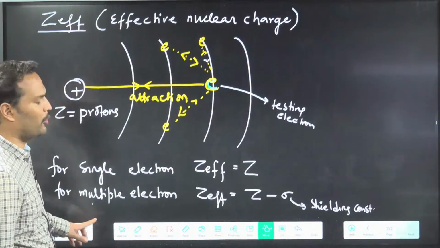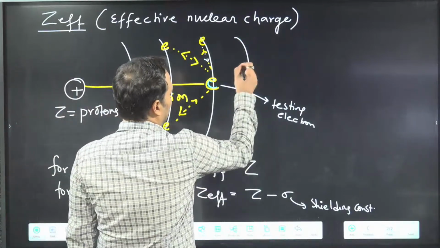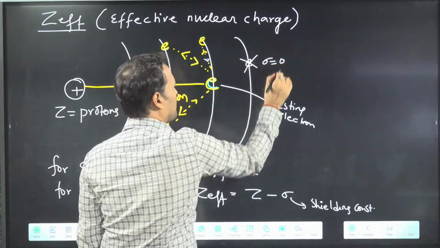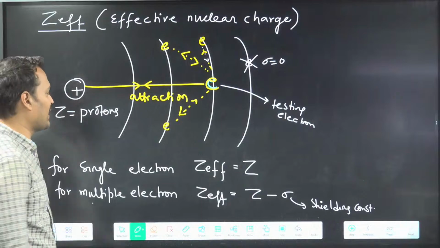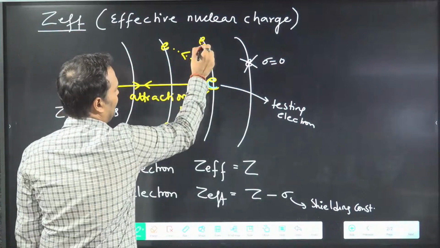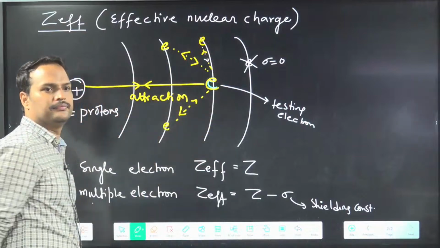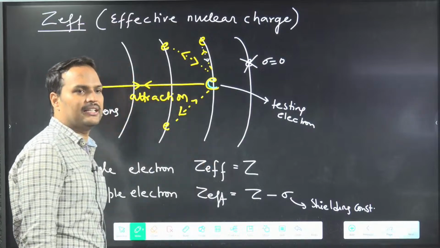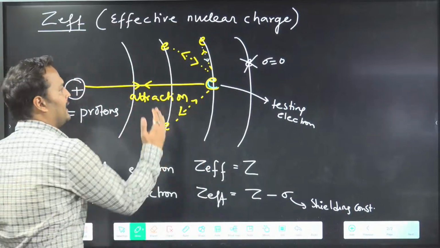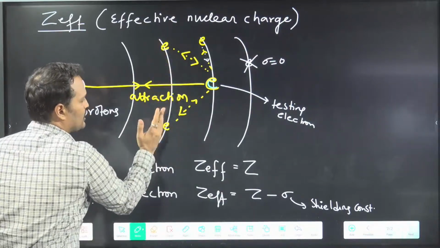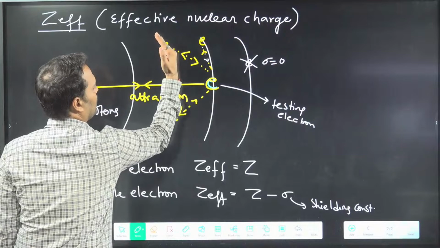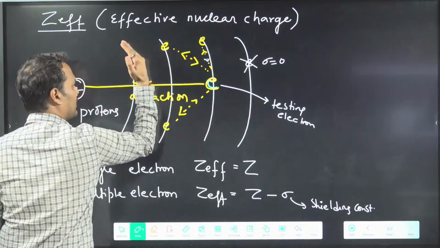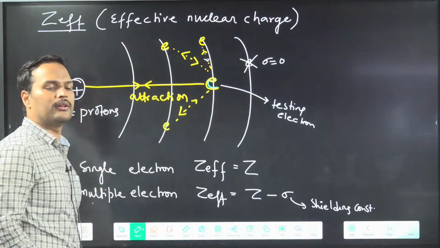So this is the reason. Clear? Got the point? Okay, due to the outer electron, suppose any electron is outside. So due to this, there is no problem. For this, sigma is 0. We can say like this. So we are considering only inner electrons or the electrons which are in the orbit. Clear with this point? Done. So this is all about effective nuclear charge. We can also say like this, these inner electrons are shielding this outer electron. See, I am not able to see the outer electron. These inner electrons are shielding the outer electron. Clear with this point?